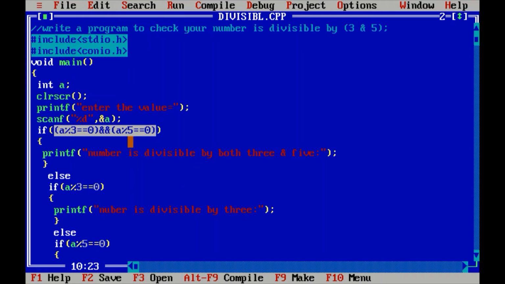Here, if the first condition is satisfied, it means the number is divisible by 3, and if the second is satisfied, it is divisible by 5. Here I have used the and operator, which means only if both conditions are satisfied will the whole condition of the if be satisfied. If any of these conditions is not satisfied, the if condition fails, and then the system comes to